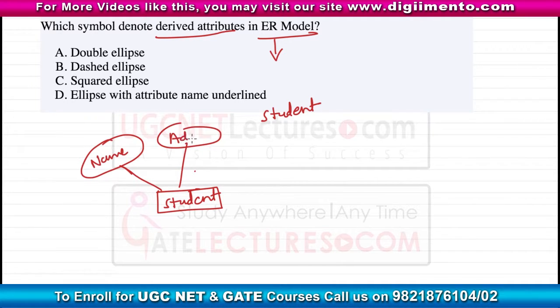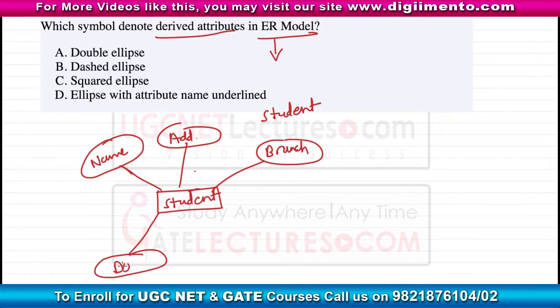address, or branch of the student, which branch or class he is currently studying in. And there is one stored attribute, which is the date of birth of that student. So here I am calling DOB a stored attribute,